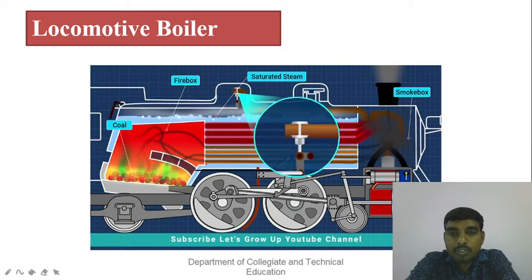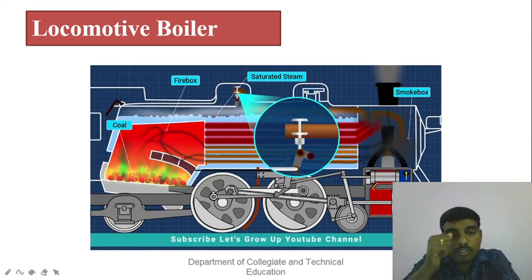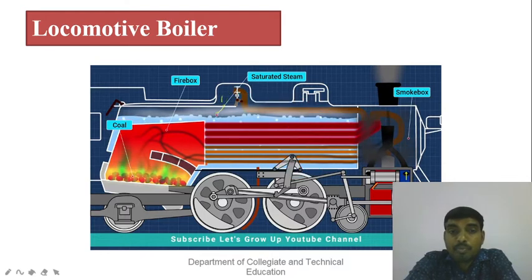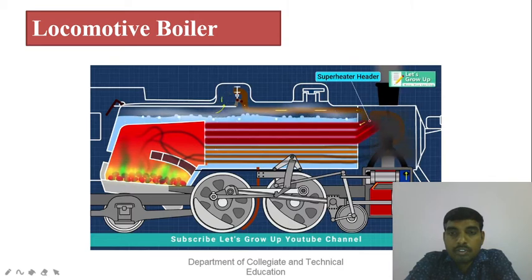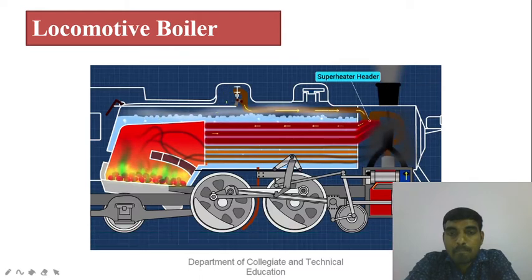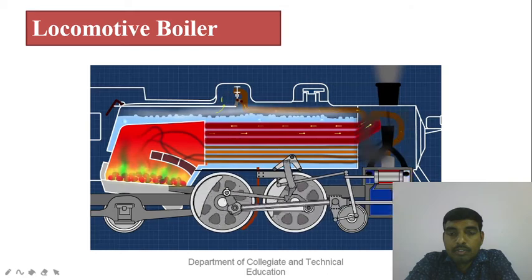The regulator valve is situated in the dome. It controls the passage of the steam to the cylinders. The safety valves on top of the boiler release the steam if the pressure rises to a dangerous level. The saturated steam flows through the main steam pipe to the superheater header, and then it travels through superheater element pipes in the boiler, where it is heated up. After that, it becomes superheated steam. The extremely hot steam flows through the steam pipes to the cylinders, where the steam pressure pushes the pistons, which move the wheels of the locomotive.